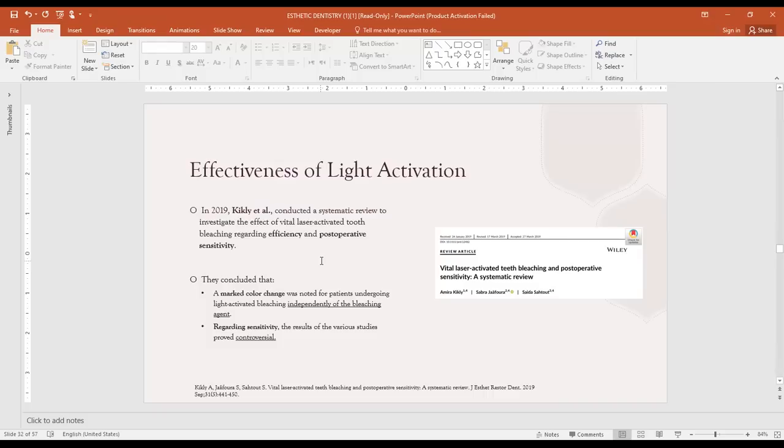Okay, in terms of laser and diode activation, when you talked about activation by radiation or light, there are some important things. You talked about sensitivity, but when you were explaining, you also talked about enamel dehydration and